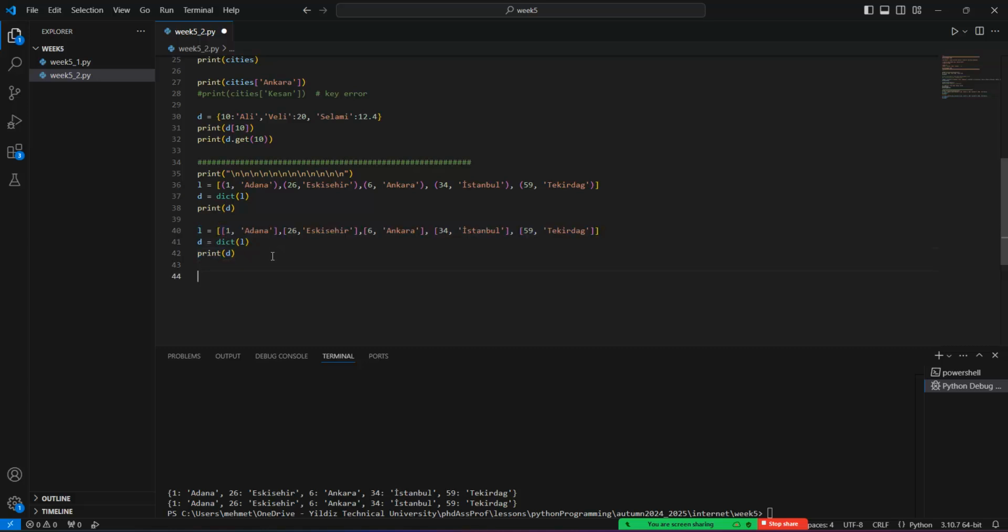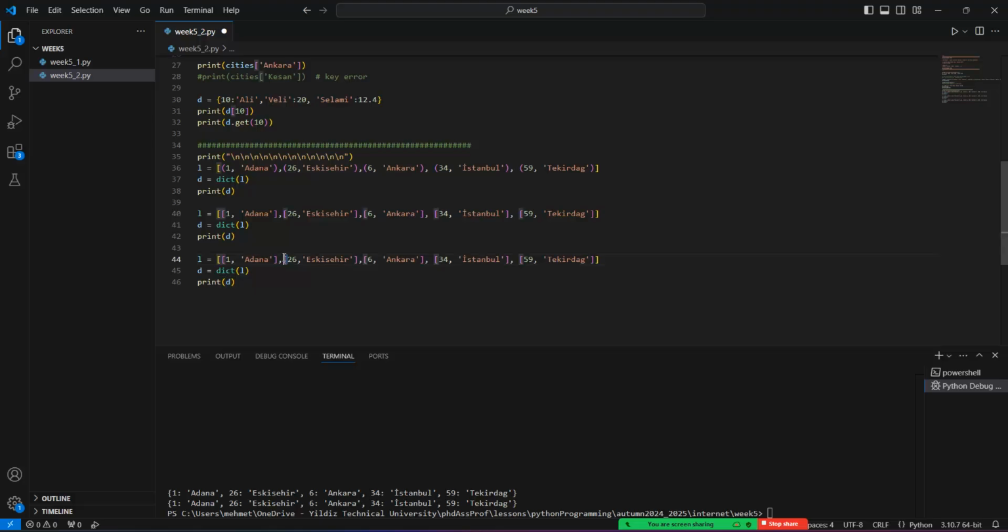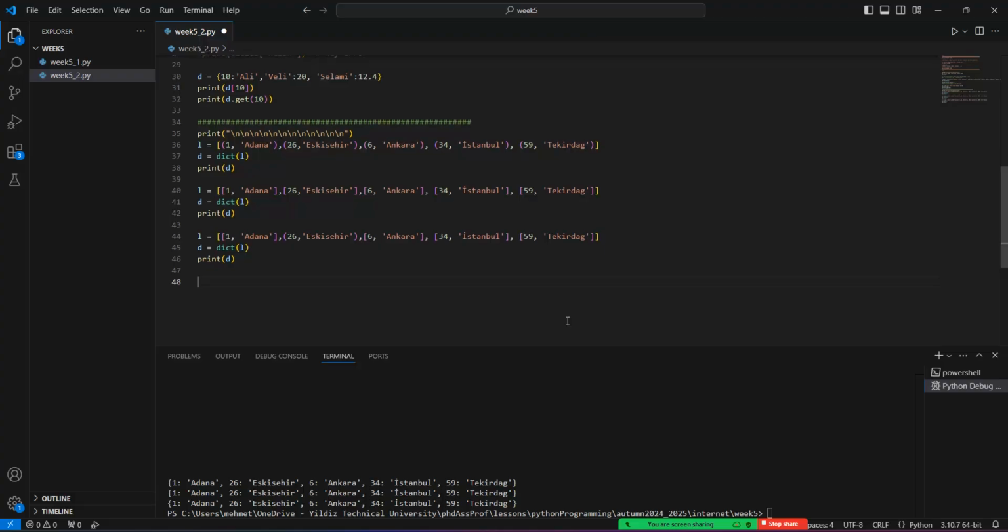Or what happens if I choose one of them as a tuple here? What will happen if I run this code? If I rerun this code, there will be no error because the list and the tuples can easily be converted into the dictionary in terms of the key and the values. Okay? So